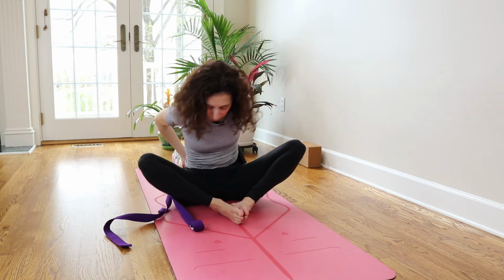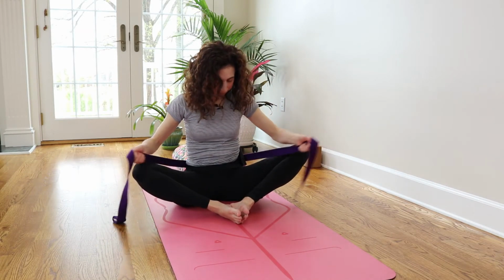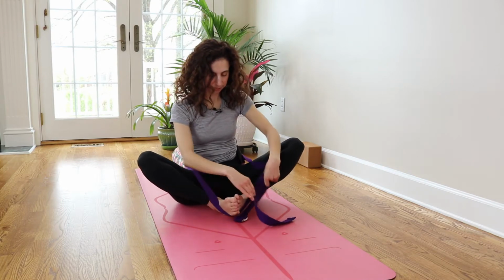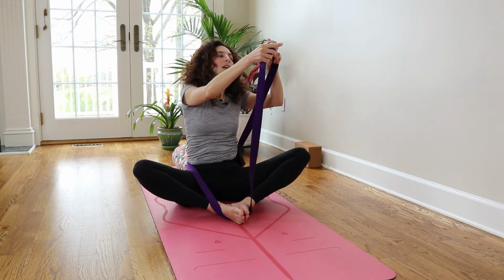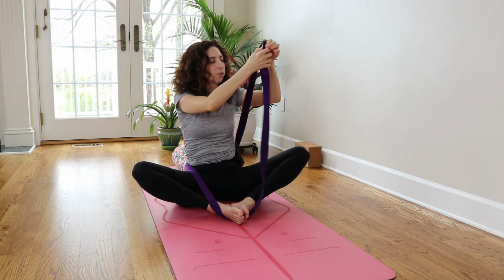take the strap around behind you, wrapping it around your low back, and then bringing it in front. Take it under both feet. So you've just made a loop that goes around your back and under your feet. And then take your strap through the buckle